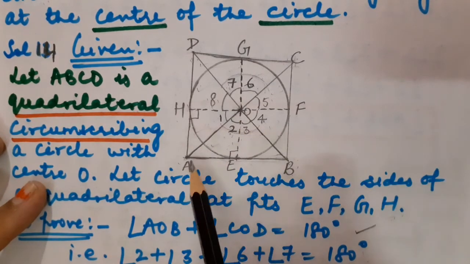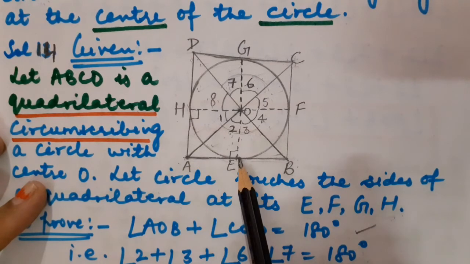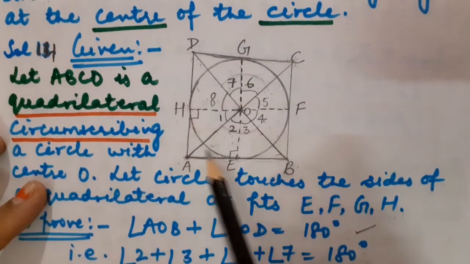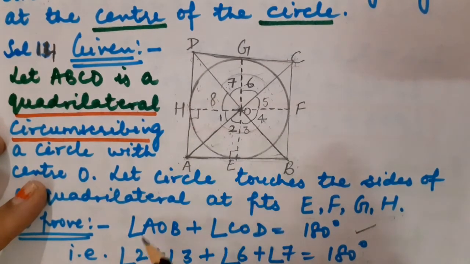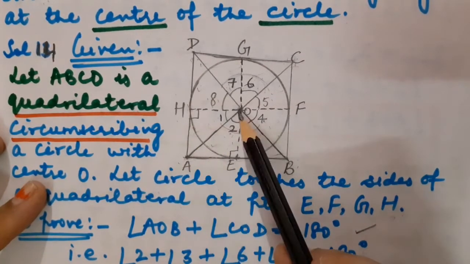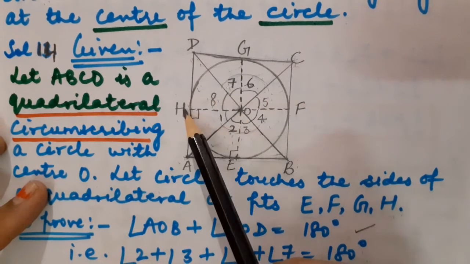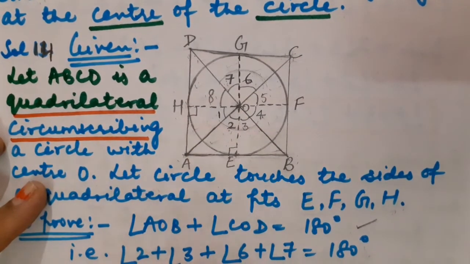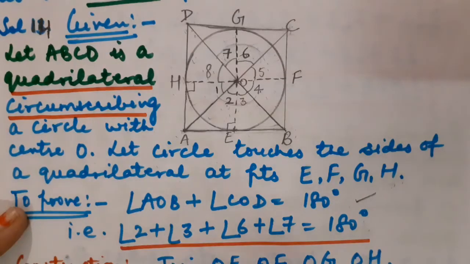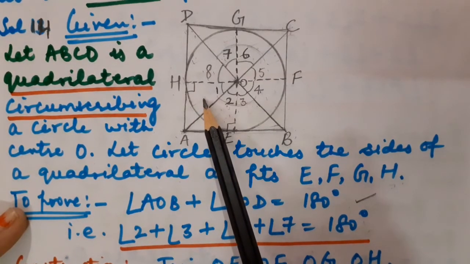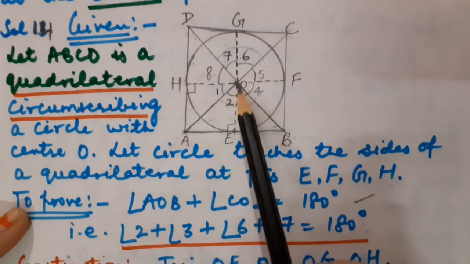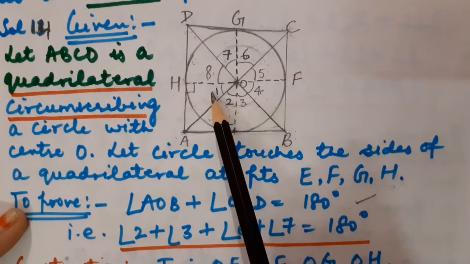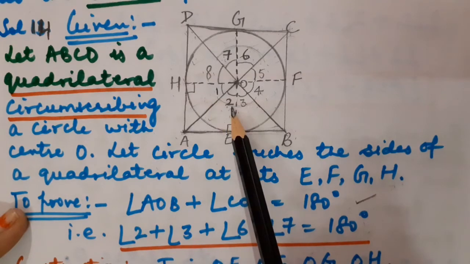What can be done? A is the external point. From external point, the length of the tangential point of contact to the same circle is equal. So can I write that AE is equal to AH? Of course. AO is common and OE is equal to OH. They both are the radii of the circle. Correct children? So by triple S criteria, I have proved that triangle AOE is congruent to triangle AOH. So by CPCT, can I say that angle 1 is equal to angle 2?